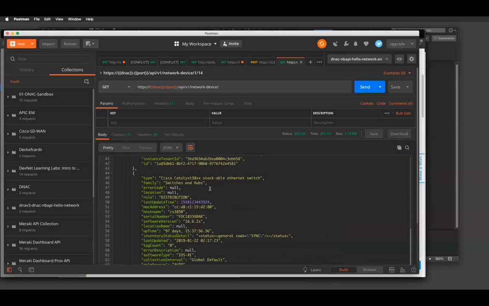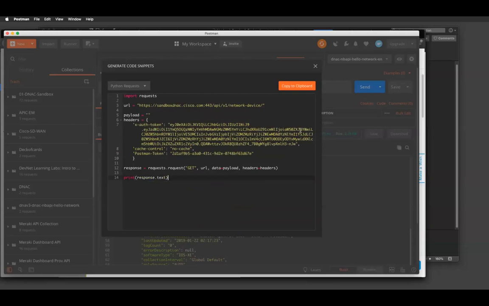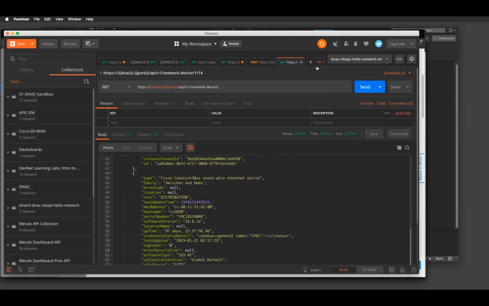And again, what's nice about this is up here, you can see right here, there's this word code. As I look at code, I can see that depending on what programming language I might be running, I can quickly pull that in and have a nice little bit of code that I might want to copy to the clipboard and massage a little bit, like I said, to make sure it's how I want to display or look at it. But now I have a way to take it to the next level, which is essentially what the next session will be about, taking these pieces and putting them together to make some nice Python scripts so that we can go out and do some further pieces around programmability on the network.